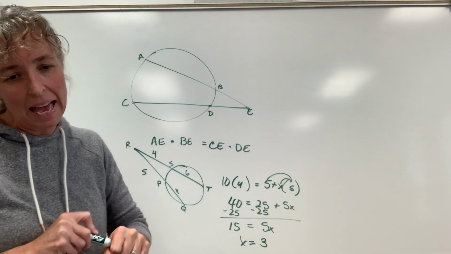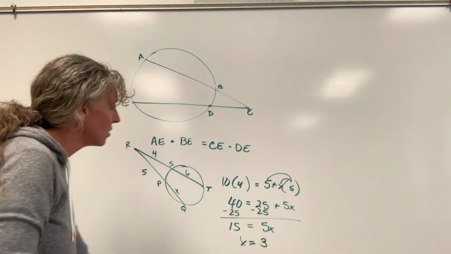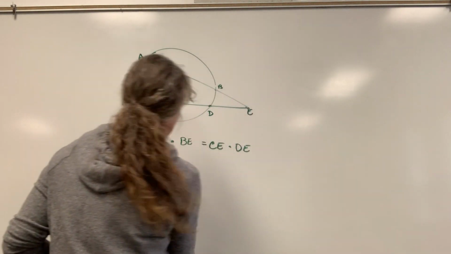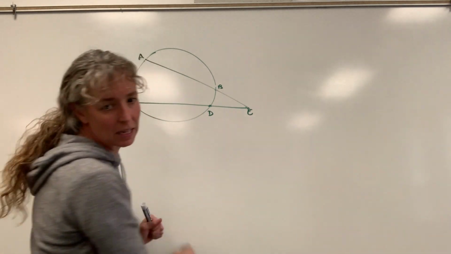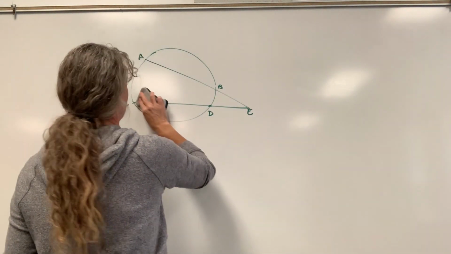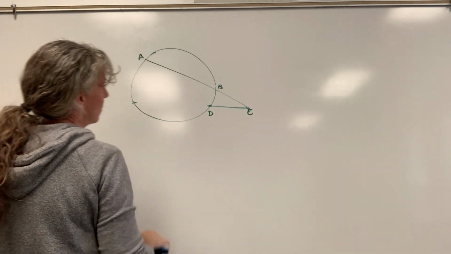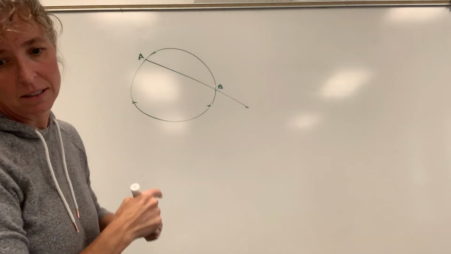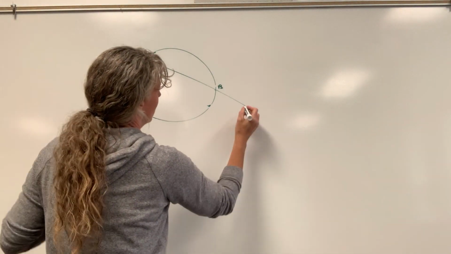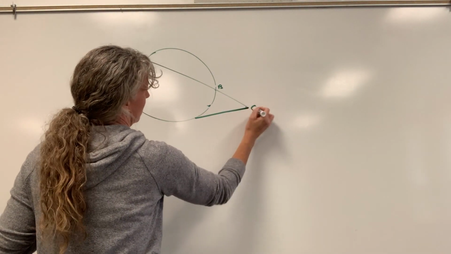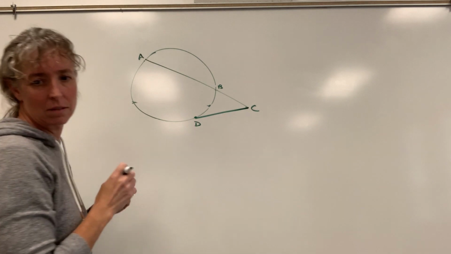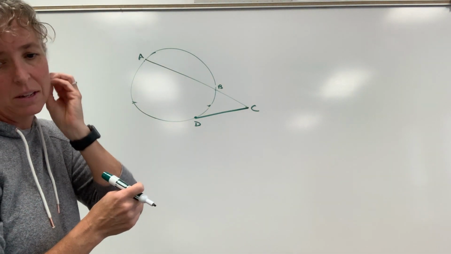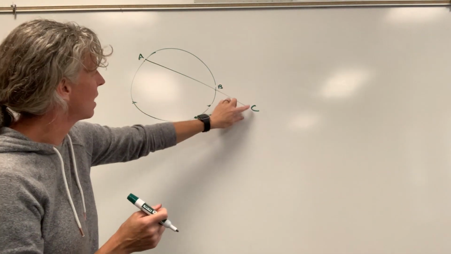All right, let's look at the last one, which is theorem 12.6.3. Okay, let me get this erased. Theorem 12.6.3. Can I use the same circle? Sure. Awesome. Okay, so in this one, we have a secant and a tangent. Okay, a secant and a tangent. I'm on theorem 12.6.3. Okay, so the rule for this one is the entire thing